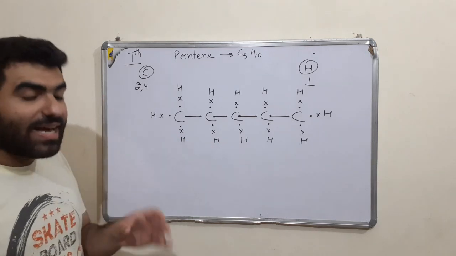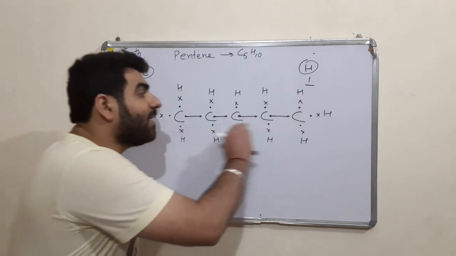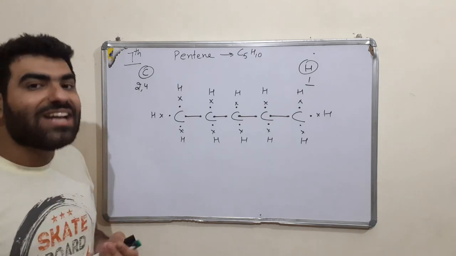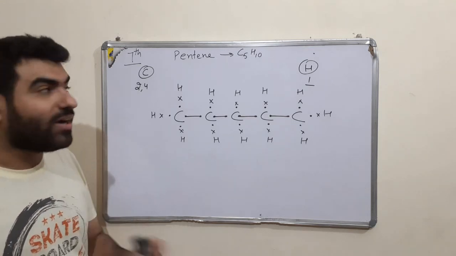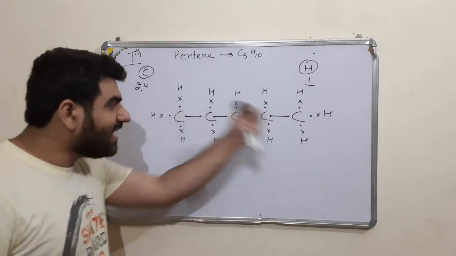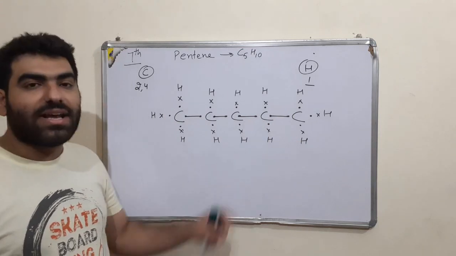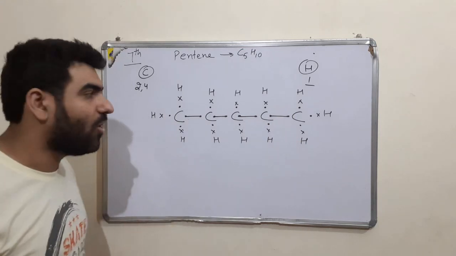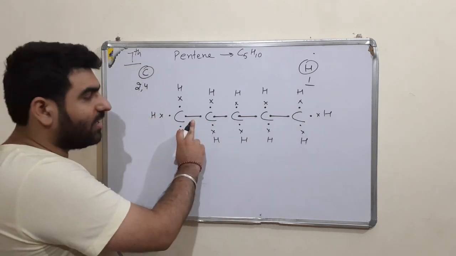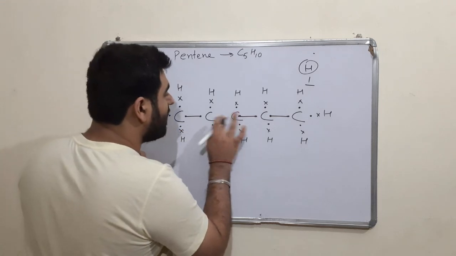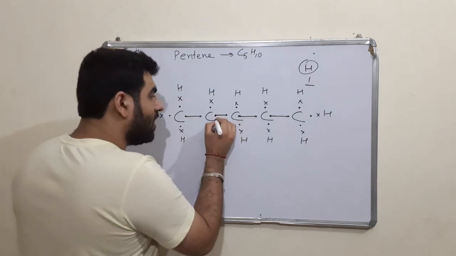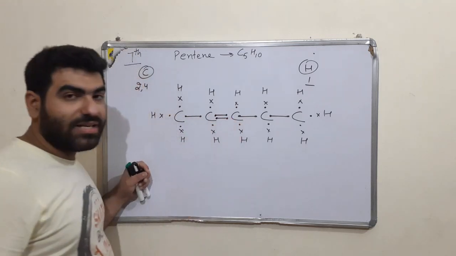So in that case, there is a solution that carbon and carbon can at least bond with a single bond, but it can show the double as well as the triple bonding if such condition arises. So at any place, just consider applying a double bond instead of a single bond. Let it be in the first position. This is the already one bond which was between carbon and carbon, and now we have added one more bond between these two.